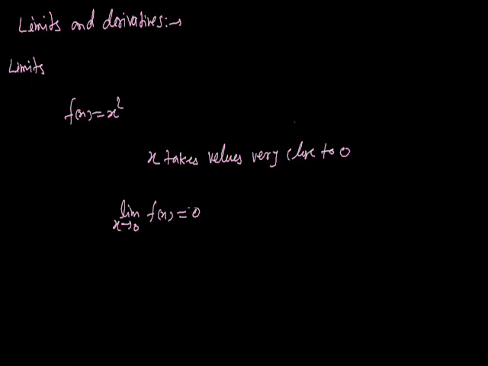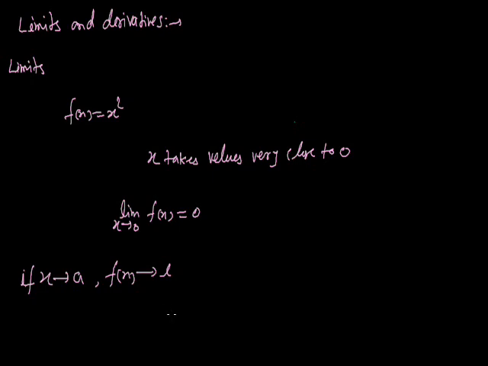which is equal to 0, because when we are taking the value of x very close to 0, then the values of f(x) also move towards 0. So here we can say the limit of f(x) as x tends to 0 is equal to 0, which is the value f(x) should assume at x equal to 0. Now if we are talking about a general number, if x tends to a and f(x) tends to L, then L is called the limit of the function f(x).